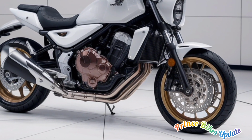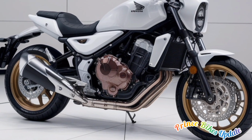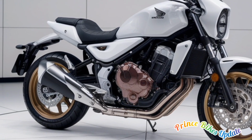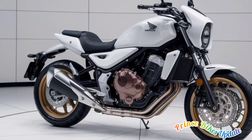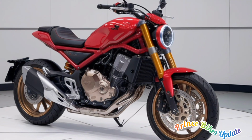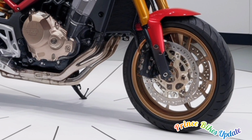Let's start with the engine. Powering the NC750X is a 745cc liquid-cooled parallel twin, the same reliable workhorse we've seen before, but now slightly refined for better efficiency and responsiveness. It delivers around 58 horsepower and 69 Nm of torque, making it not the most powerful bike in the class, but arguably one of the most usable. The low revving nature and linear torque curve make it perfect for both city commuting and weekend escapes into the